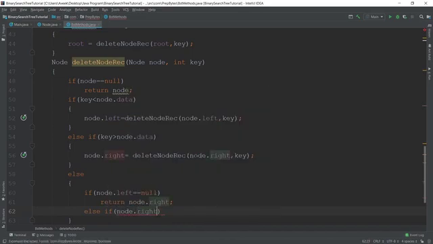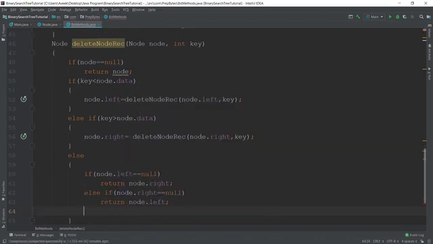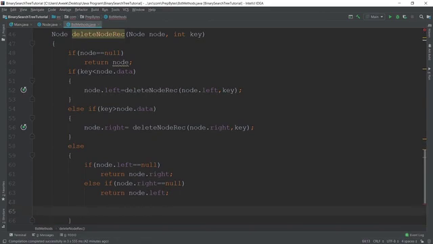Just think about it. What we will do? You know what we will do? We have just did this. If the right child is not there, then we will simply return our left child, node dot left. Correct? Now if both the childs are present, that is both the conditions are false, then what we will do,